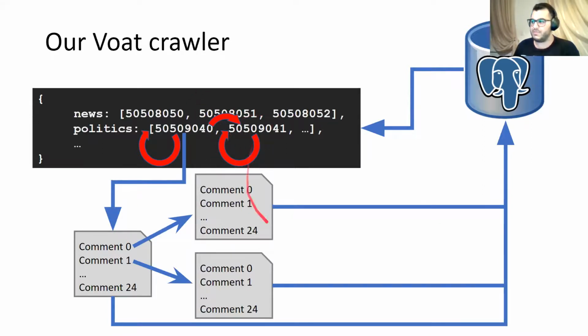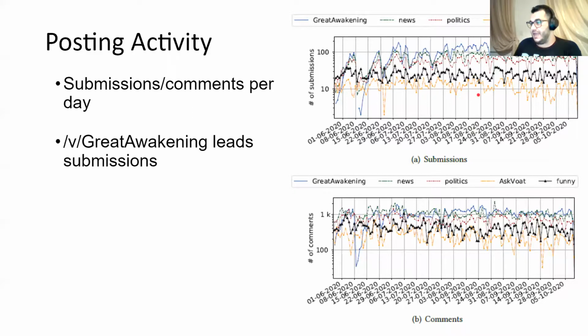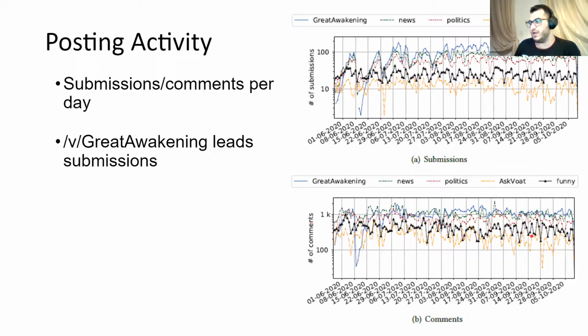We repeat the same thing, and all this data is saved in our database. So based on the data we collected, we plot the number of submissions and comments per day for each subverse in our dataset. Figure A shows the number of submissions per day, and figure B here shows the number of comments per day during our